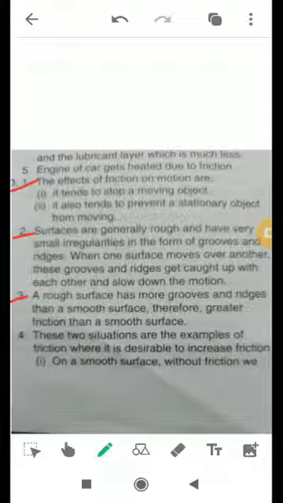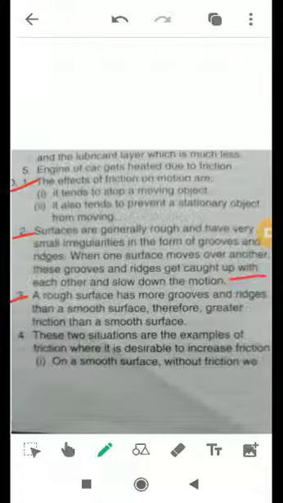Question number 2 is, what causes friction between two surfaces in contact? Answer, surfaces are generally rough and have very small irregularities in the form of grooves and ridges. When one surface moves over another, these grooves and ridges get caught up with each other and slow down the